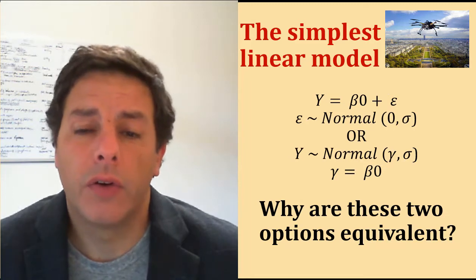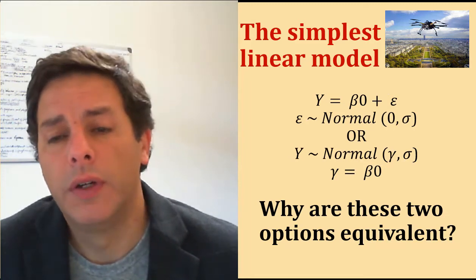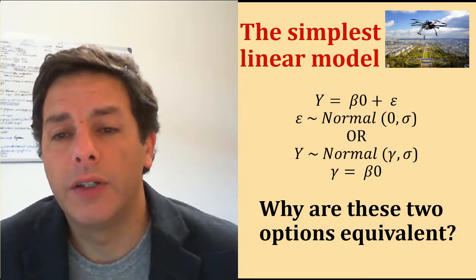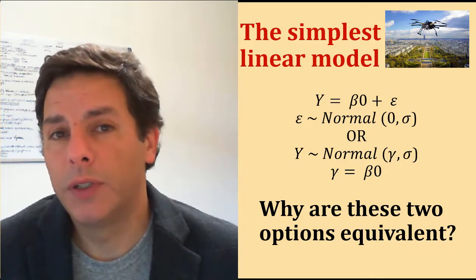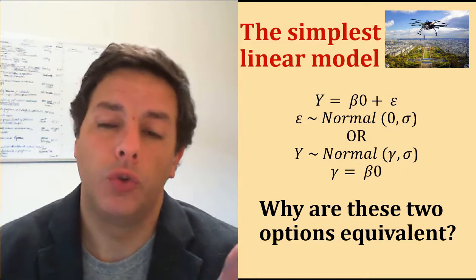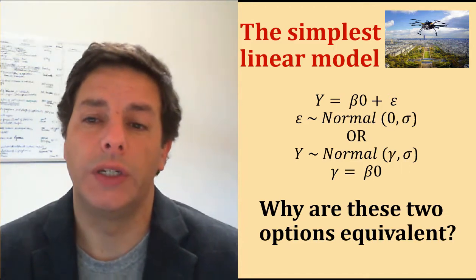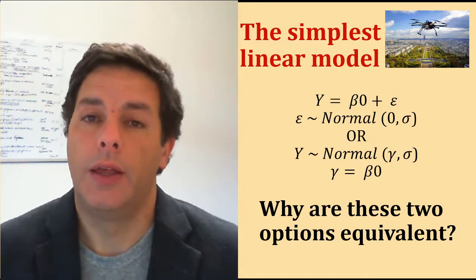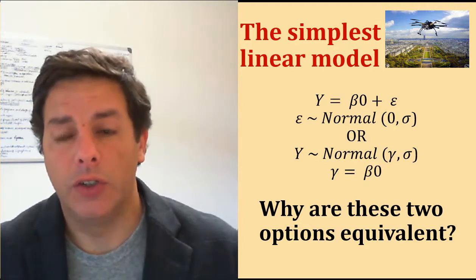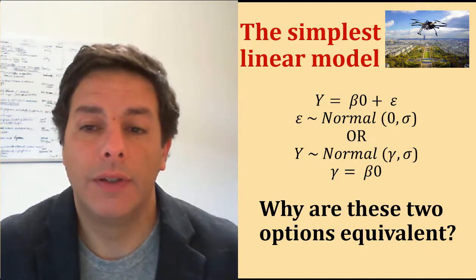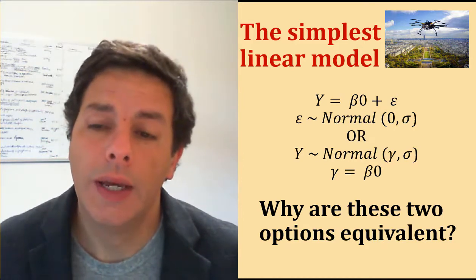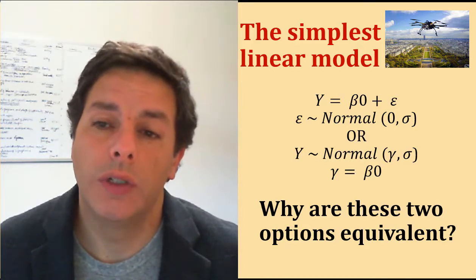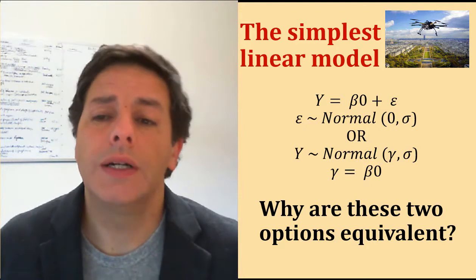And then this error epsilon or residual epsilon, we say that it's normally distributed. And remember, in the normal distribution, we need to specify the distribution. We need two parameters, the mean and the standard deviation. And in this case, we fix the mean to 0, and the standard deviation we give the Greek letter sigma,